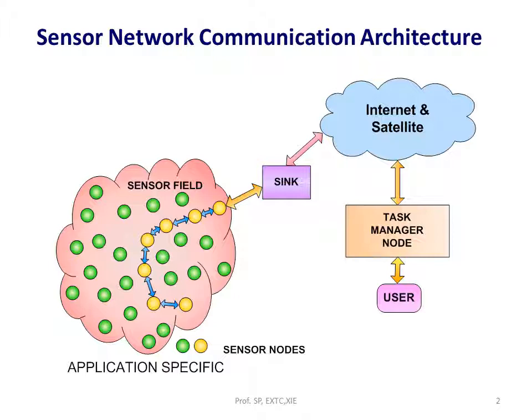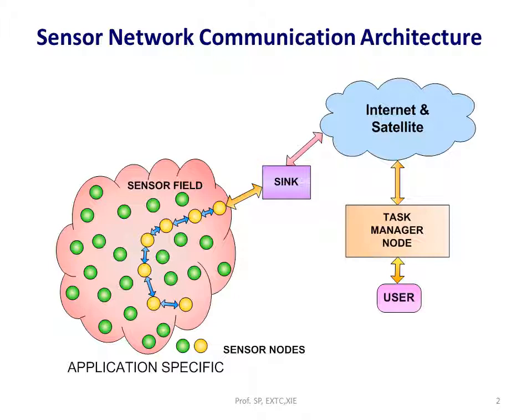Those sensor nodes are deployed application specific. So whatever sensing you want, accordingly you can select your sensors. You can see in this diagram that a few sensors have turned yellow from green. Those yellow sensors are the ones which have sensed data and want to transmit this data to the end user. All sensors will not have the capability of a central processing unit or arithmetic and logical unit, but a few sensors will have that. Or we can say data is sensed and it will be forwarded.